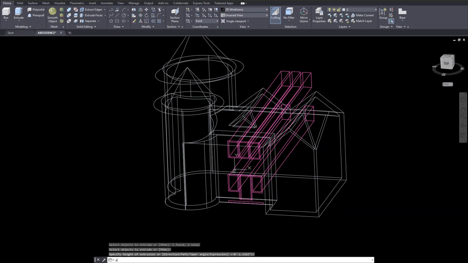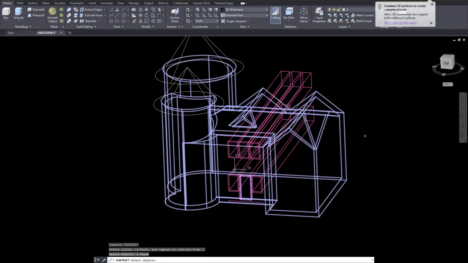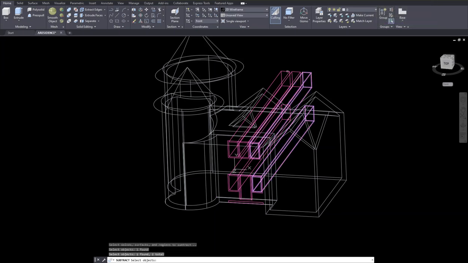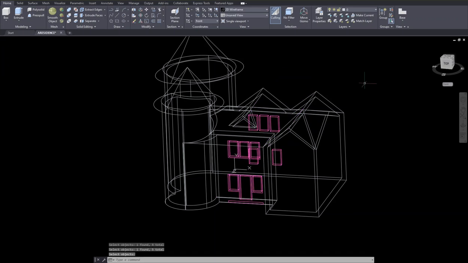Now, subtract command, okay, enter, and you select the entire building, enter. Now you need to select what you're extruding from, okay, one by one. Click, click, click, and one more click, enter. All right, windows are created in the front and back. Okay, so if you want to see what it looks like,